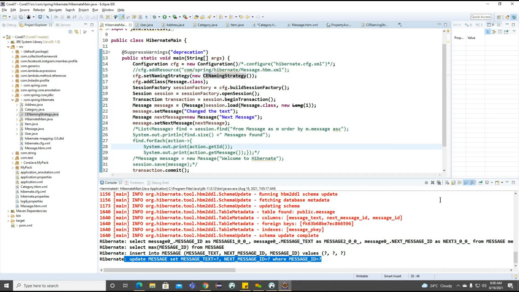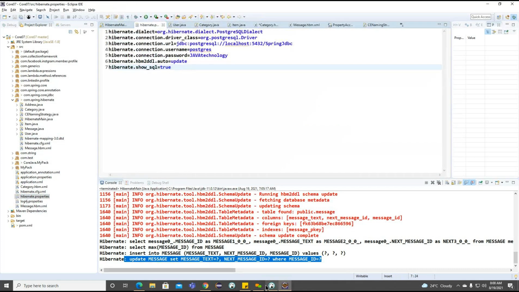So to work on this particular schema, now what we can do? We are having one property. We'll try to define the property in our Hibernate.property file. We'll try to define the property in our Hibernate dot default underscore schema.